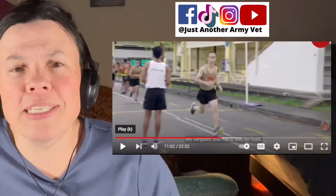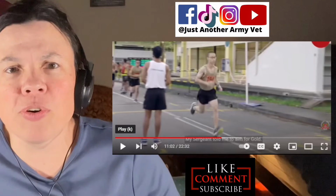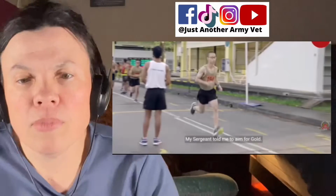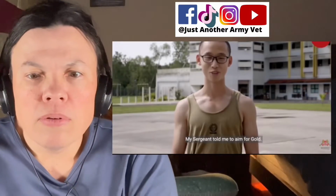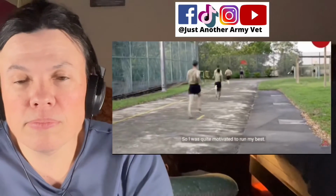So them starting staggered is a little weird to me because I'm used to taking PT tests where you all start in a big cluster at the start line, and once the last person crosses the start line, that's when they start the timer. Sergeant told me to aim for goal. He wanted me to get 10 flat. So I was quite motivated to...